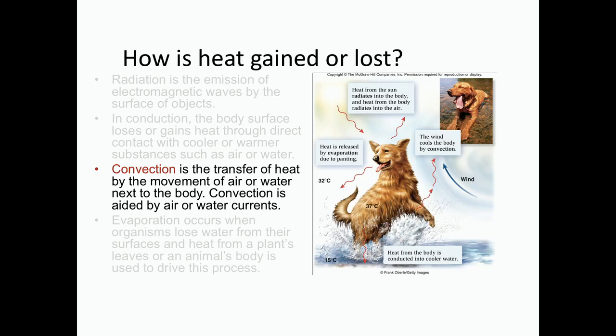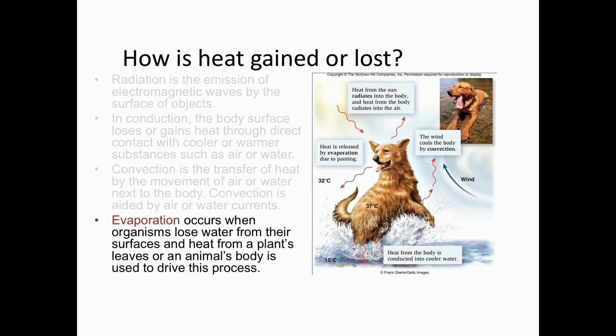You might also have experienced convective cooling if you stood in front of a fan, for instance. So a fan is blowing air by your body, and that's helping to cool your body through convection. Now, convection's often coupled with things like radiation or evaporation, which we'll talk about next. And so when you're getting cooled through convection with a fan, you probably also have evaporation occurring, and the convection is simply helping the evaporation cool your body more efficiently. So convection often is coupled with some of the other forms of heat gain or loss. Okay.